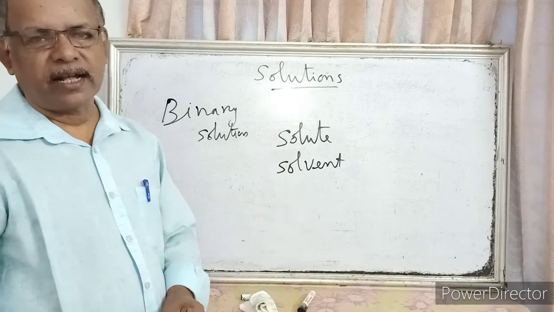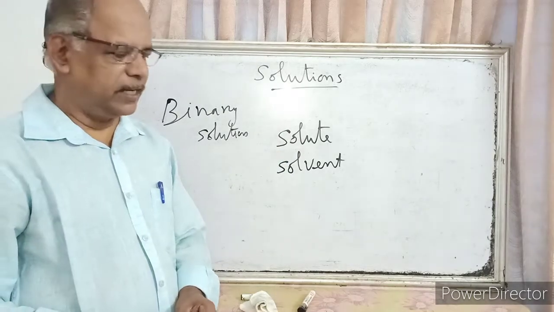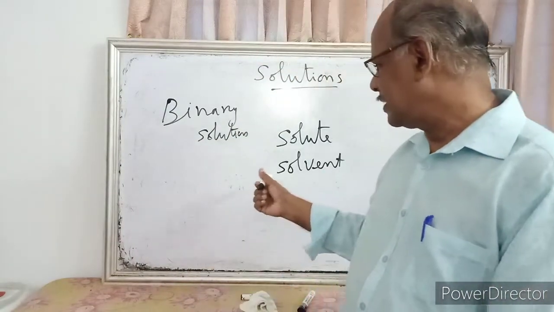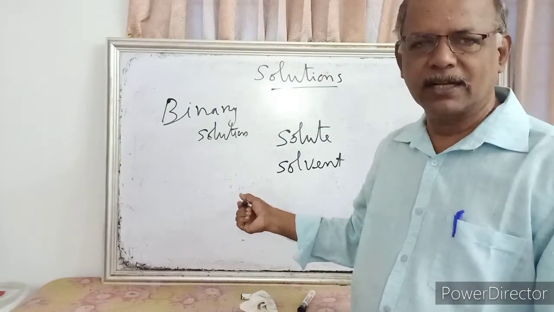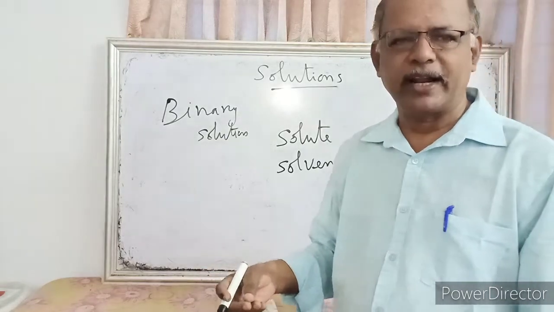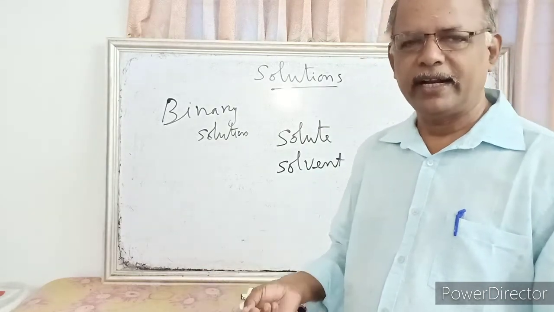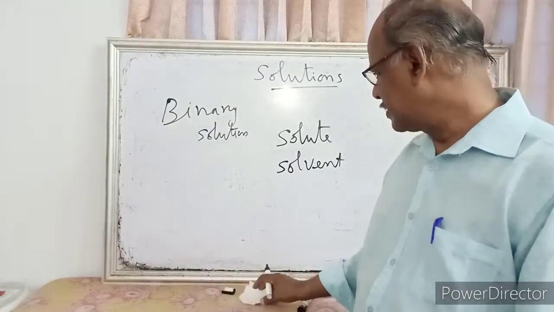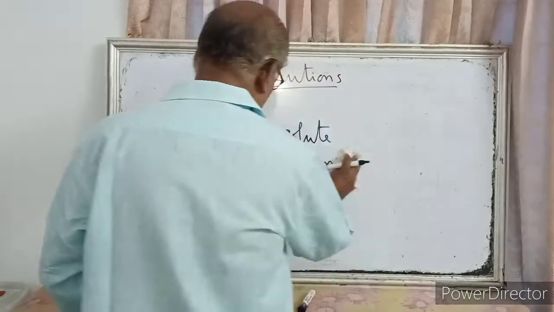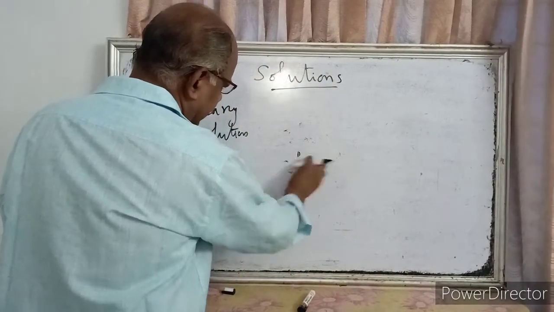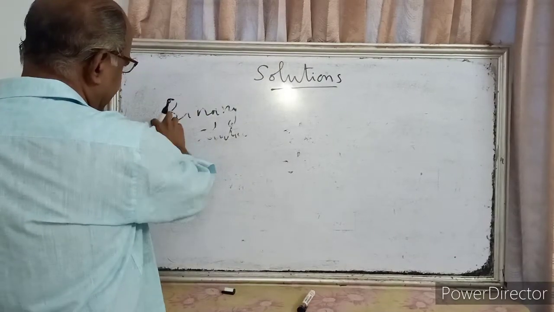Solute is the component that is present in small quantities and solvent is the component that is present in large quantities. For example, when you dissolve sodium chloride in water, sodium chloride is the solute and water is the solvent. So that is about the solute and solvent. Next is method of expressing the concentrations